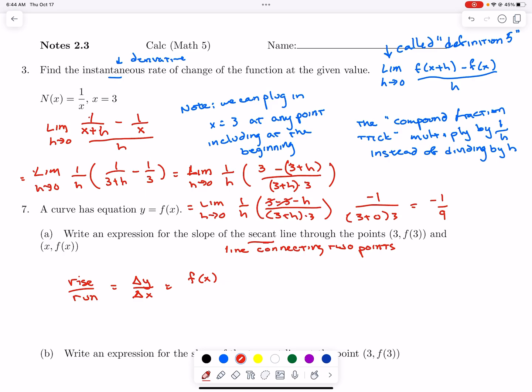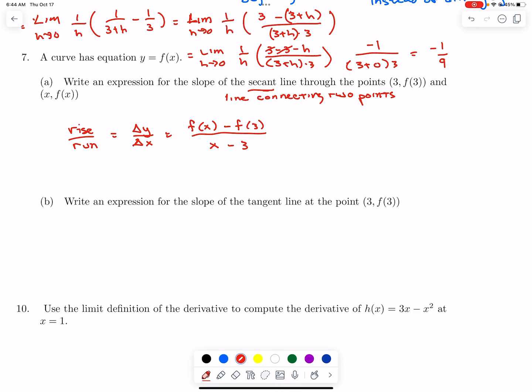Let's see, y2 minus y1 over x2 minus x1. And that's all we can do because they didn't give you a specific function to mess with. The tangent line, the instantaneous rate,